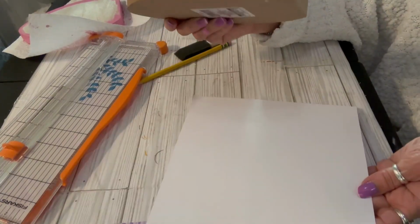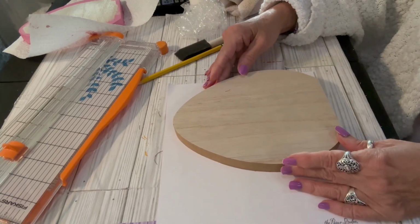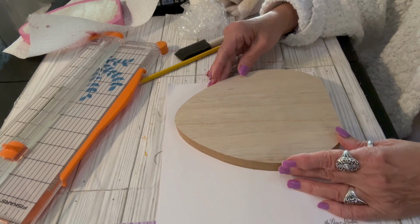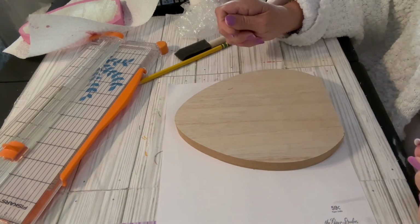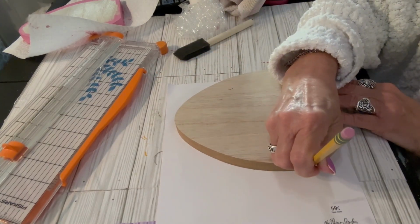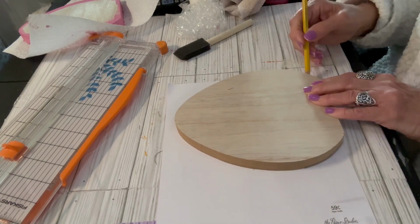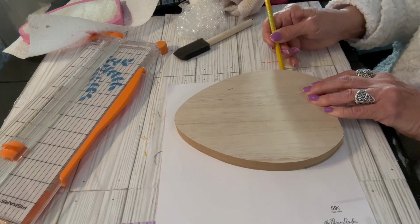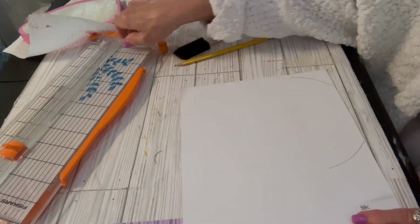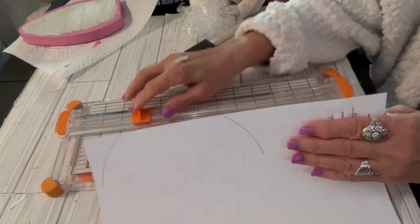So what I'm going to be doing is creating layers to my egg. Now I'm going to be laying my egg down on my scrapbook paper, and I'm going to decide about my first layer. My first layer means I'm going to create sections on my egg. So I'm deciding just how long I want my first section on my egg, or the bottom half of my egg. So I just draw around the egg, and then I use my cutter and I just place it